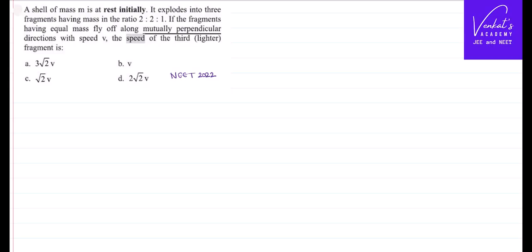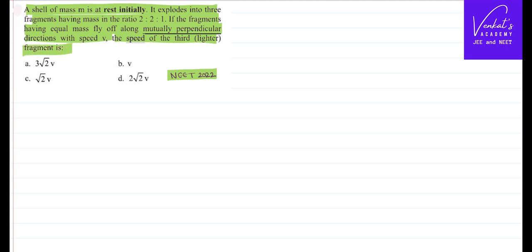Here we are solving a NEET 22 question in laws of motion basing on momentum and conservation of momentum. The problem says a shell of mass m is at rest initially. It explodes into three fragments having masses in the ratio 2:2:1. If the fragments having equal masses fly off perpendicular with speed v, what is the speed of the third piece